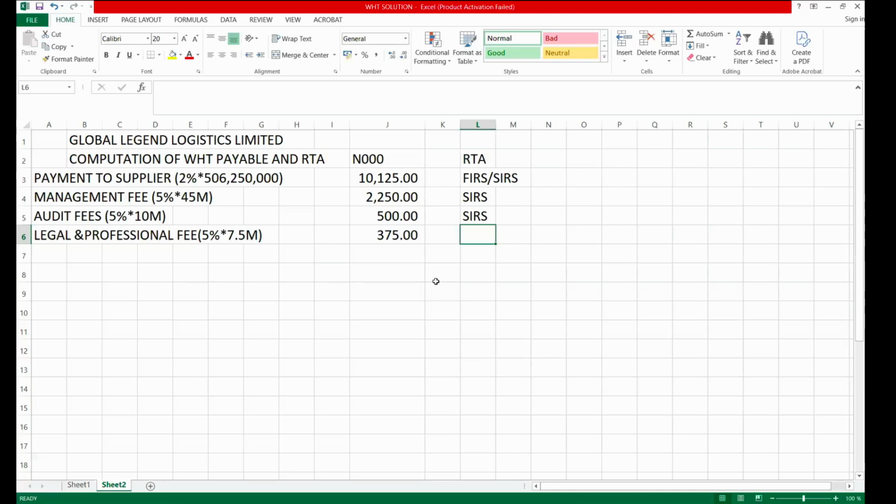Your firm, your chamber, legal practitioner chamber, what kind of firm are they? Are they a company, a partnership, or an individual? Your professional fee, consultancy fee, and so on, what is the nature of their business? So what will be the relevant tax authority for legal and professional fee? State